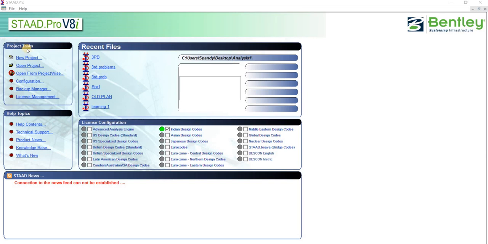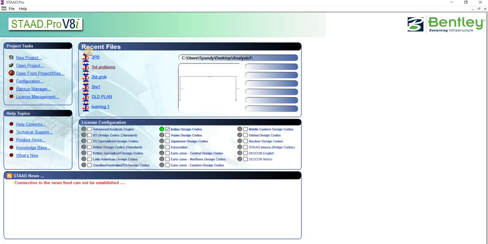Here you can see options like new project, open project, configuration of the software, then these are the recent files, then help topics, license configuration.